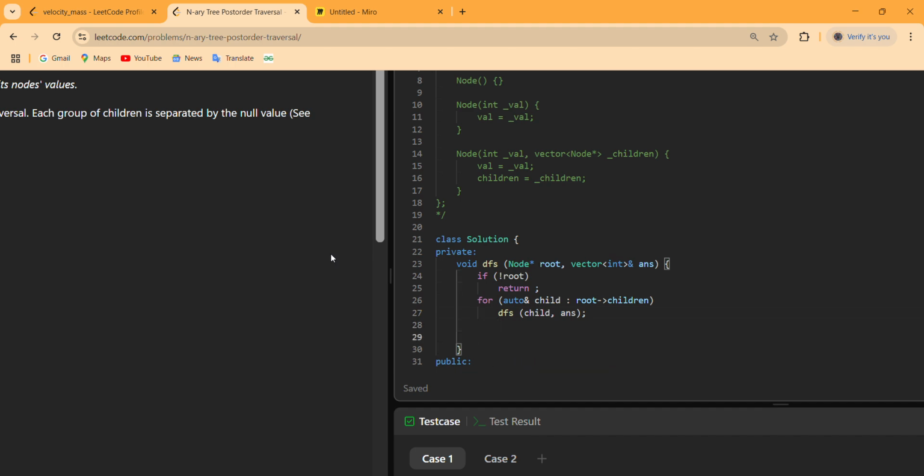And when all the children get evaluated for every node, we have to push the node values inside our answer, and then we have to return.